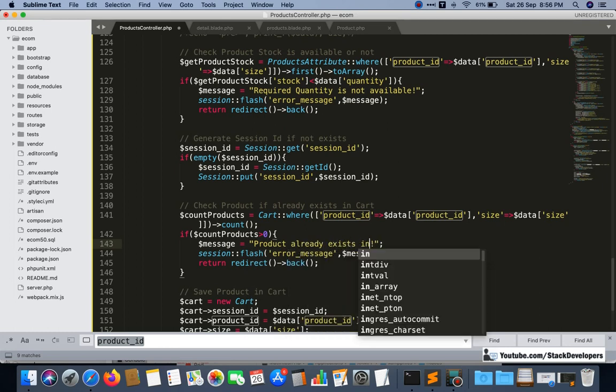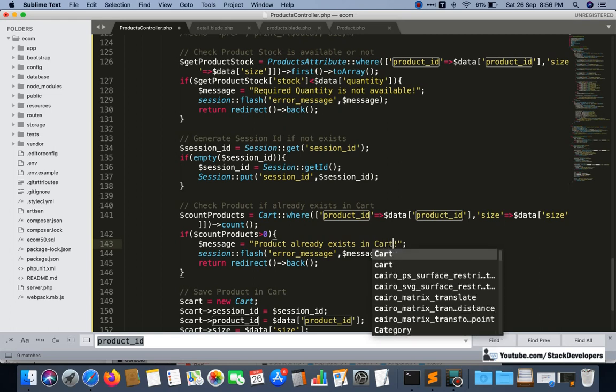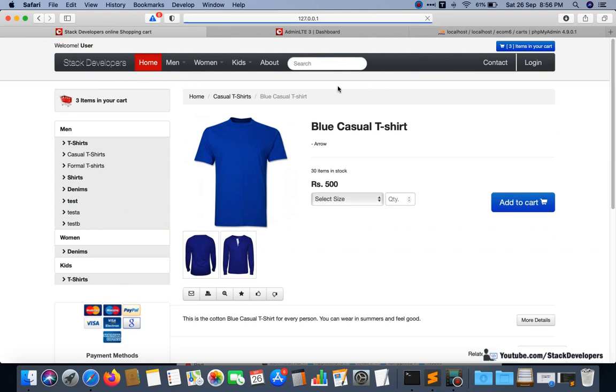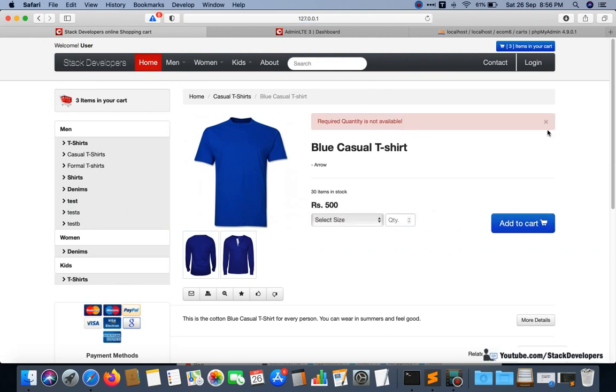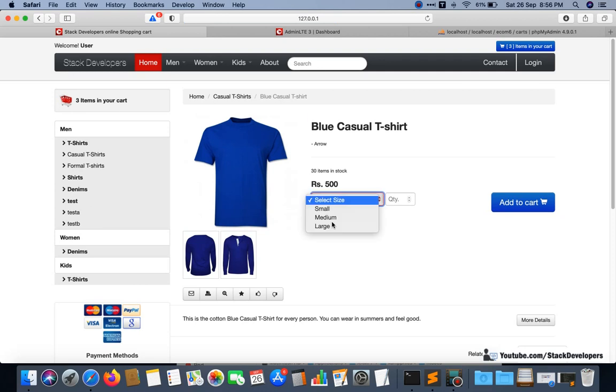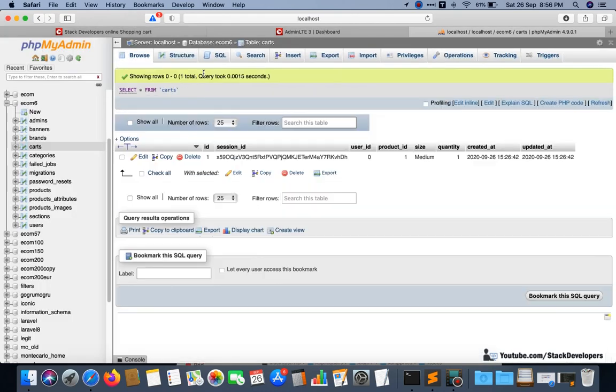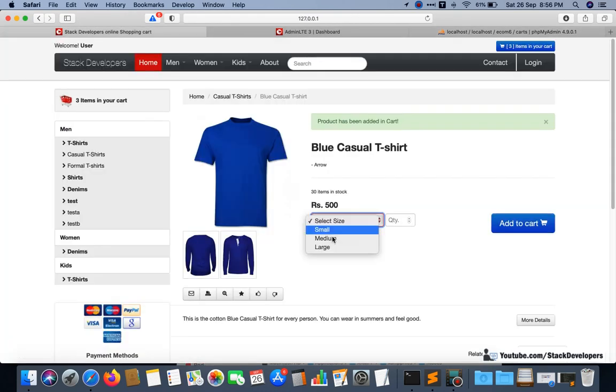Now we can try, and I am going to add first of all, see, small is not there, this is the error message. So I will try to add medium, and medium has been added, you can see in card. Once again I'm going to try medium with one quantity, and here the error message is coming: product already exists in card.